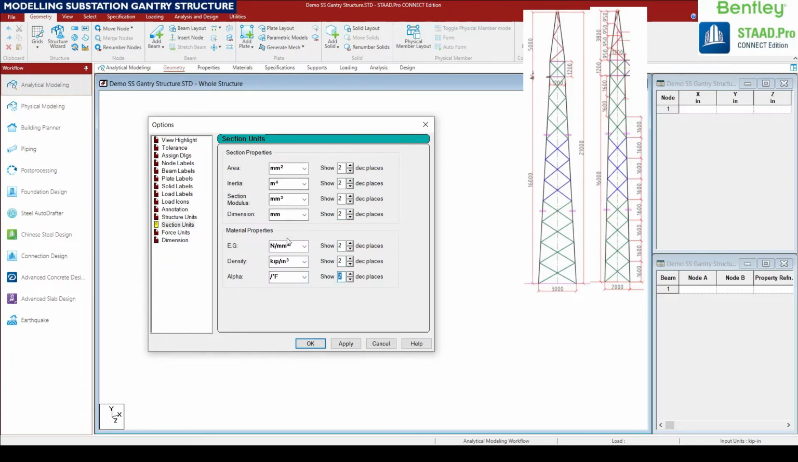So we can check whether all those are in SI units. Here the density is in FPS units, so we can change this to kg per meter cube, which is an SI unit. And force units also you can change here as kilonewton, distance as meter, force kilonewton, moment kilonewton meter,